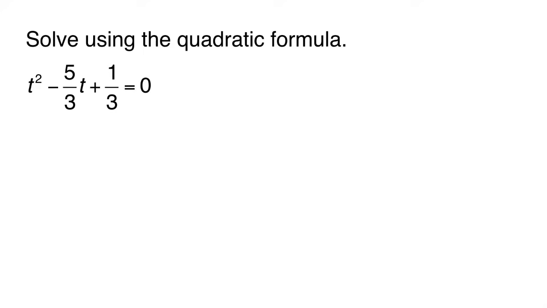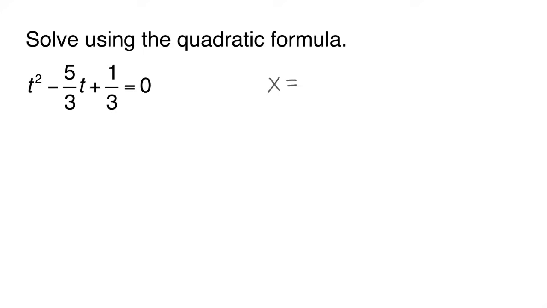Solve using the quadratic formula. t squared minus 5/3 t plus 1/3 equals 0. Recall that the quadratic formula gives the solution x of the equation ax squared plus bx plus c is equal